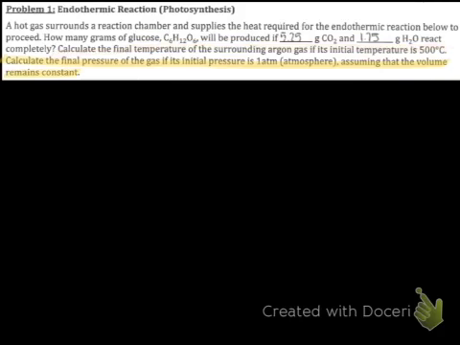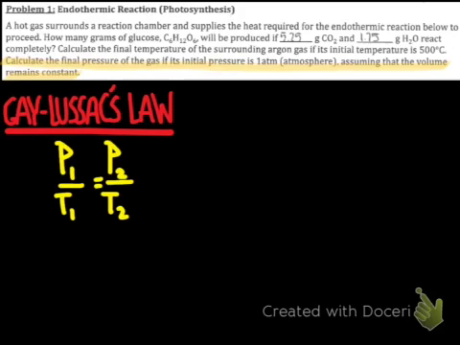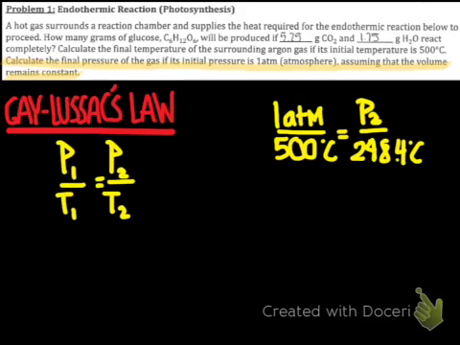So our last part to this problem is calculate the final pressure of the gas if its initial pressure is 1 atmosphere, assuming that the volume remains constant. Now, since the volume is remaining constant, we can use Gay-Lussac's law, which is pressure 1 over temperature 1, or initial temperature, that equals pressure 2 over temperature 2, which is our final temperature. So here we can substitute everything, which would be 1 atmosphere over 500 degrees Celsius equals pressure 2, because that is what we were finding. We were finding our final pressure, over